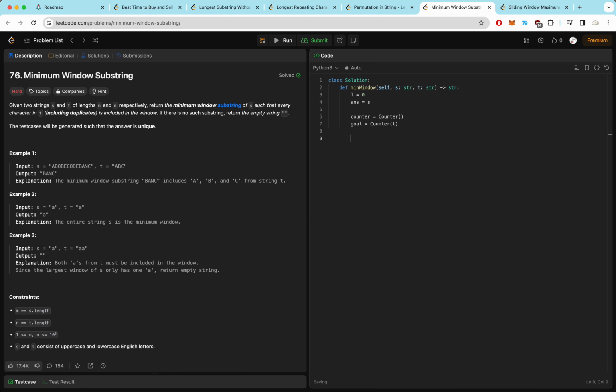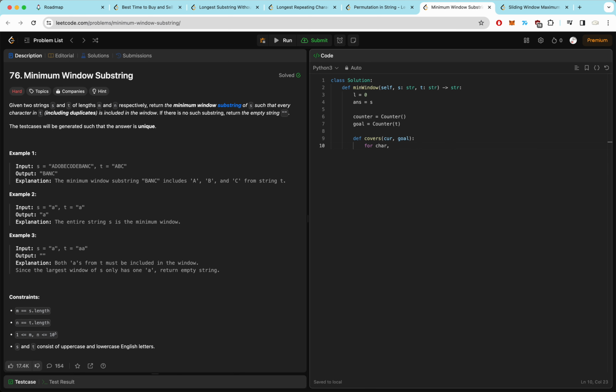This is just like what we did before. So we also need to define a helper function. How do we see that every character in t is covered by the counter we have so far? So let's write a helper function, define covers. Covers takes in our current counter and also takes in our goal counter. So for every